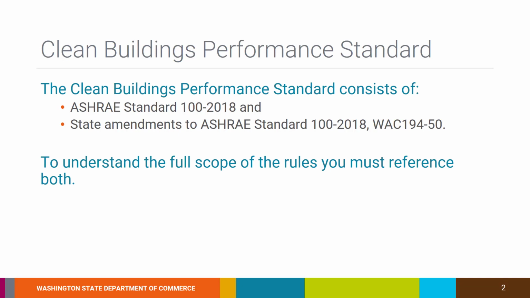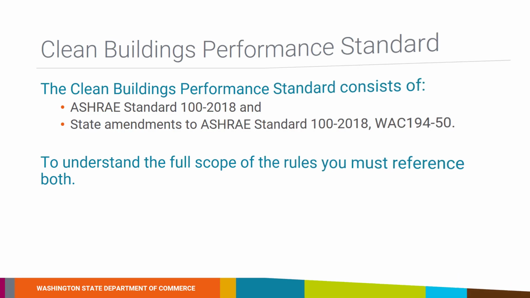legislative requirements of RCW 19.27a.200 through 240. These amendments are found in WAC 194-50 and identified by the corresponding section number in which they replace an ASHRAE Standard 100. These amendments not only replace specific sections of the ASHRAE document, but also include new sections unique to the Clean